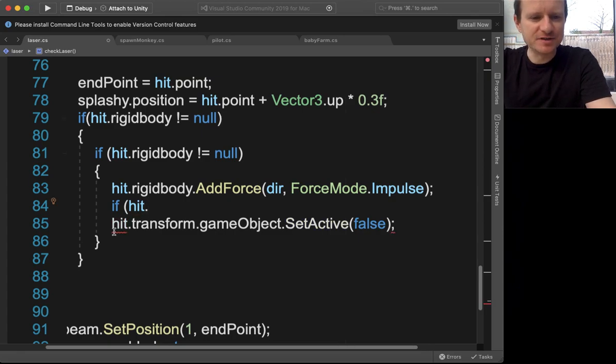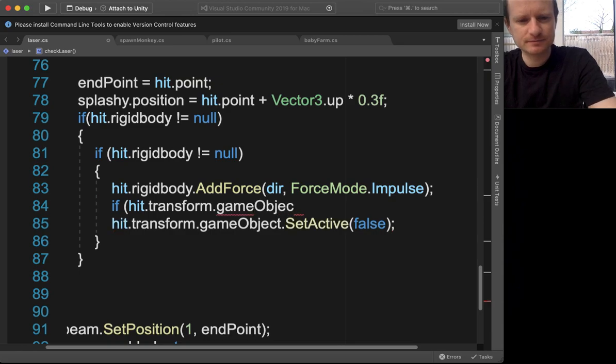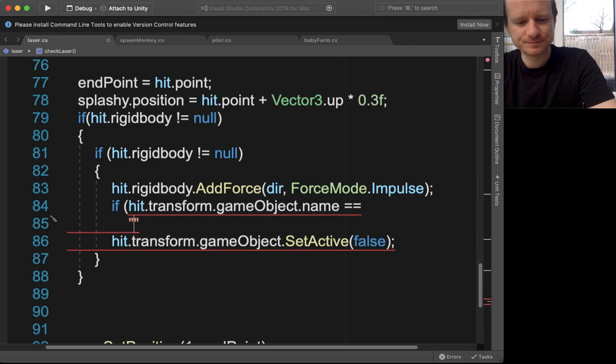It just brings up the errors for some reason. Anyway, if hit, can I say transform game object name, if it equals droney,